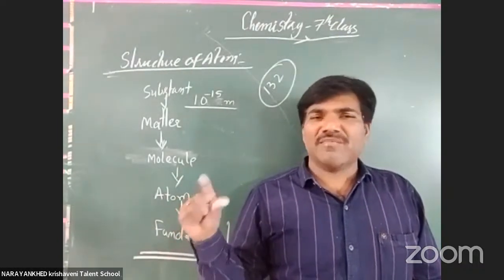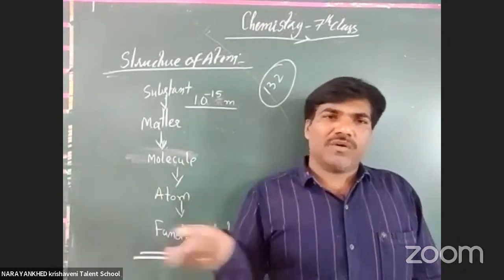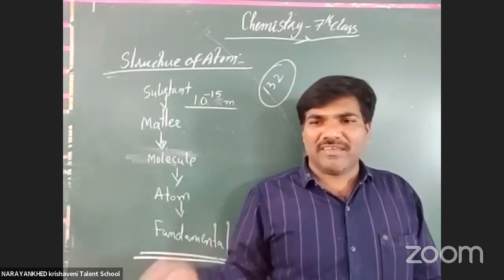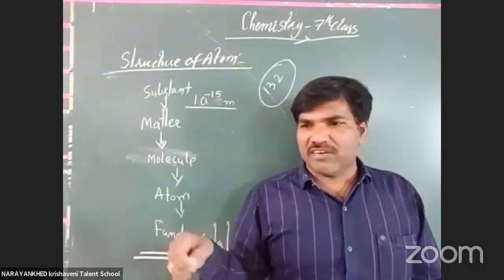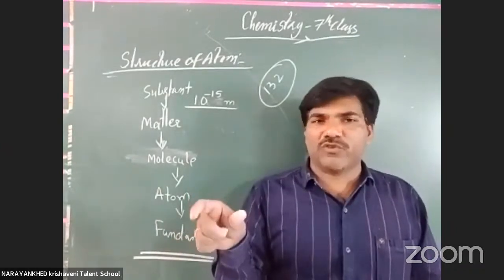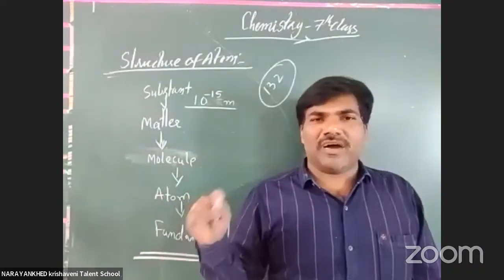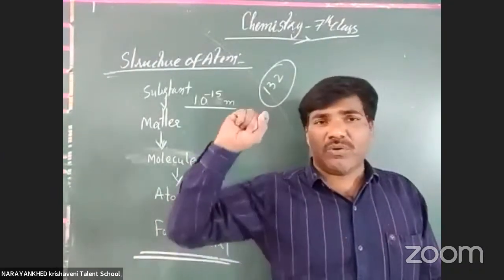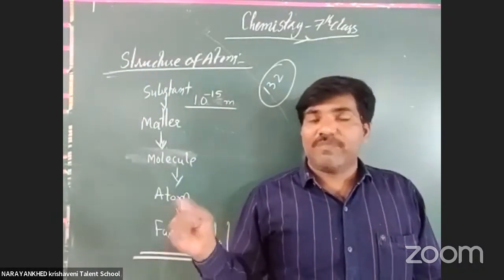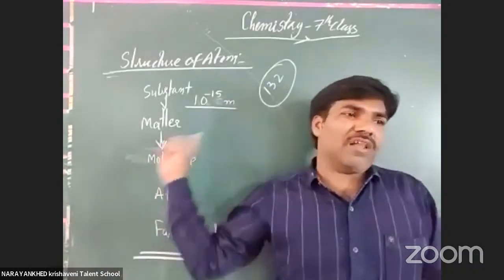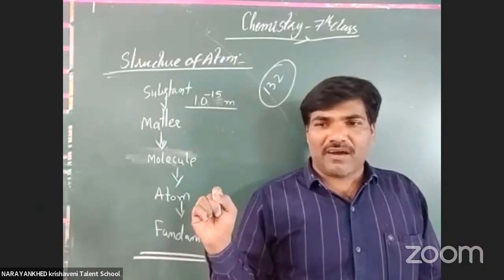Yeah, I want to give you a simple example. Take curries, vegetable curries or anything. In front of you there are 10 vegetables. By using the 10 vegetables, we add them with one another in different proportions, and you get different curries, right? Like that only, how many elements have been found by our scientists until now? 118 elements. These 118 elements form all the substances that are observed by our eye on earth. Clear or not? Got it or not?